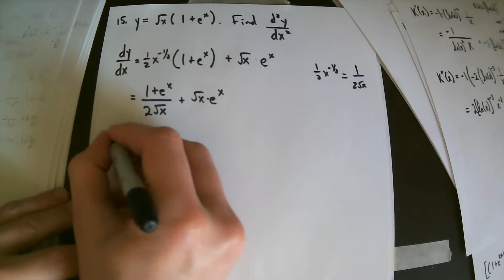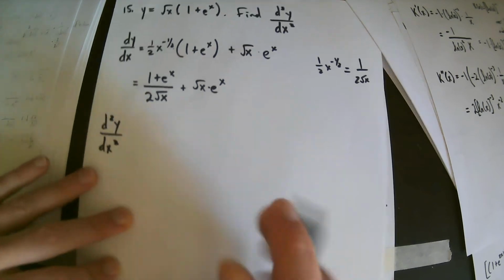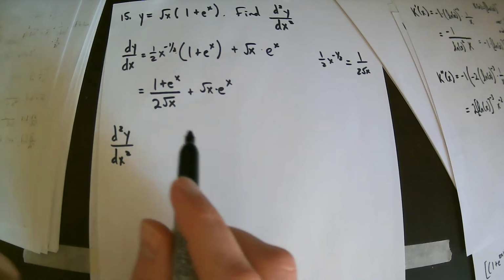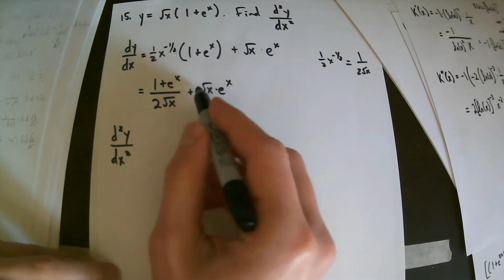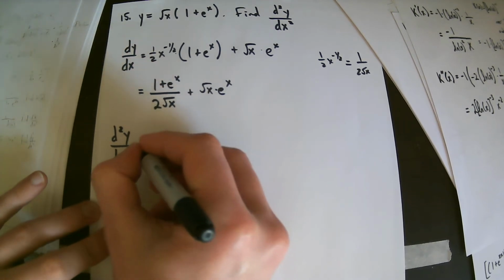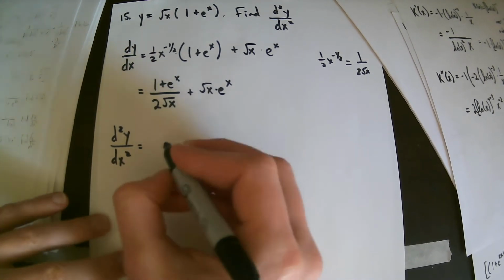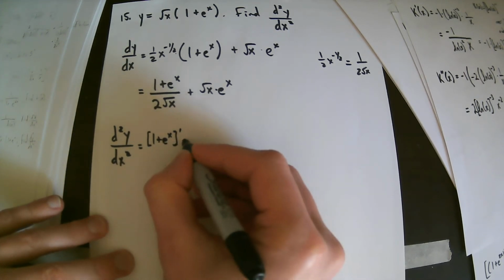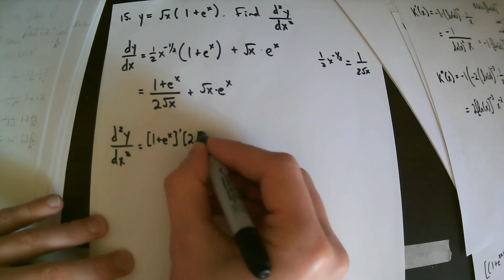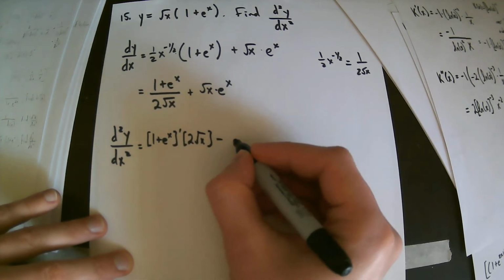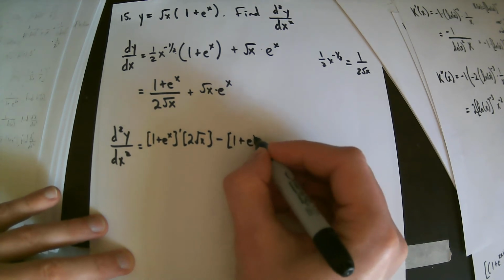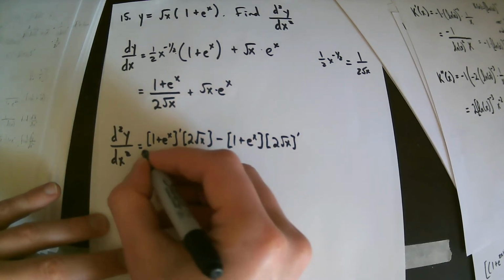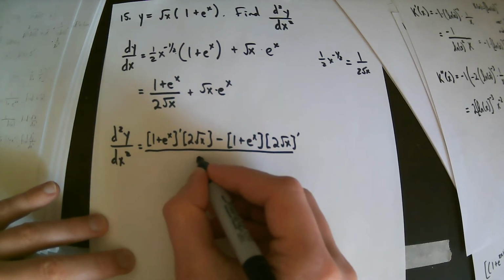Okay, now second derivative. I need the derivative of this, so that's going to be quotient rule and then a product rule. So a lot of work here, but at least they're easier functions. The quotient rule will be the derivative of the numerator times the denominator minus numerator times derivative of denominator all over denominator